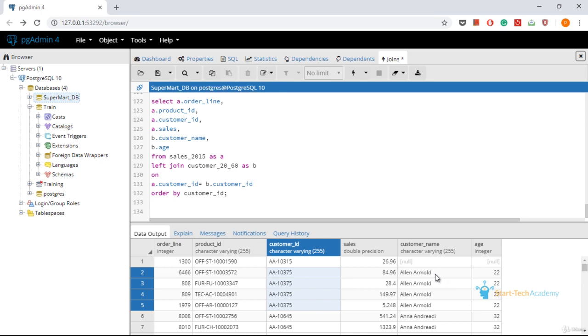If in the customer table, which is the table 2, by chance you have multiple values for same customer ID, you will be having multiple rows for each row of the sales table. What I mean is, for example, for this particular customer ID 10375, we have two customers, Alan and John.